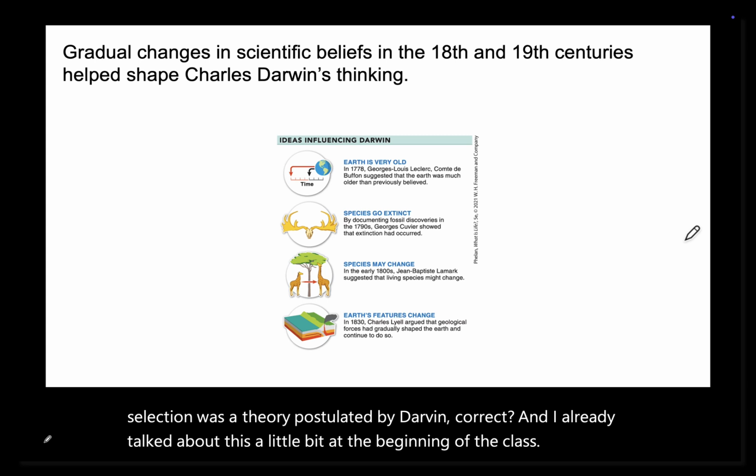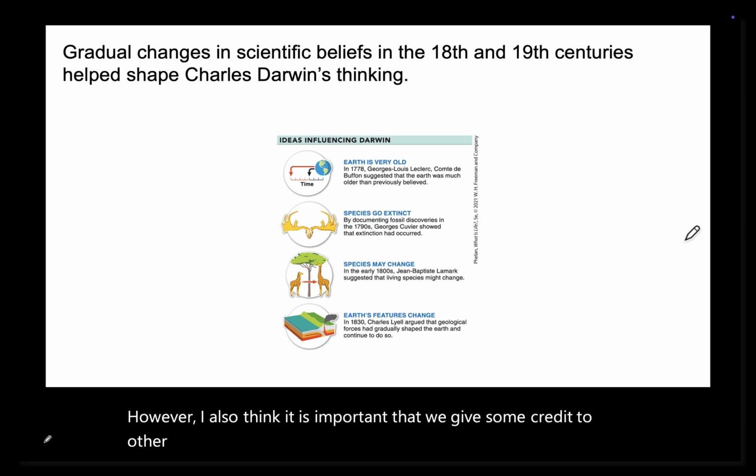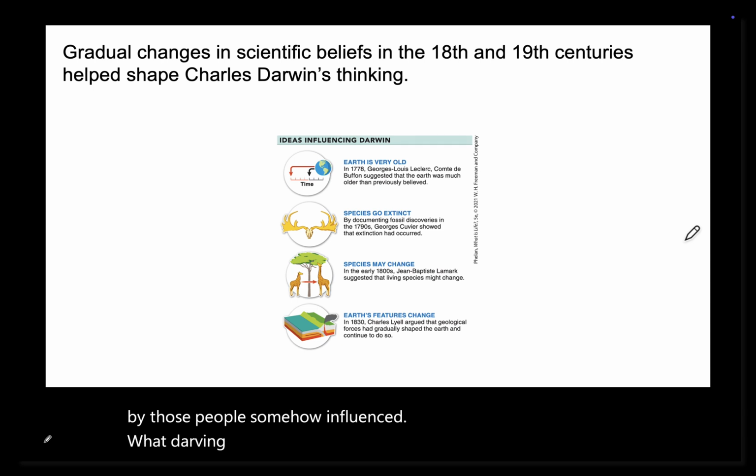However, I also think it is important that we give some credit to other people that came before Darwin, and those ideas developed by those people somehow influenced what Darwin proposed and how he formulated the natural selection theory,